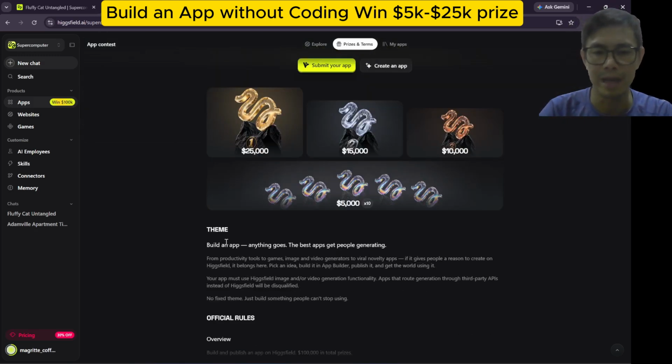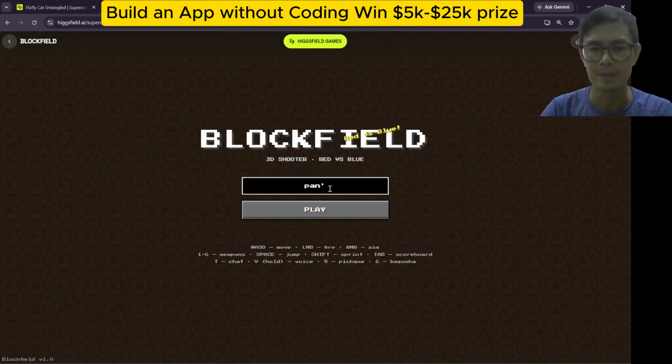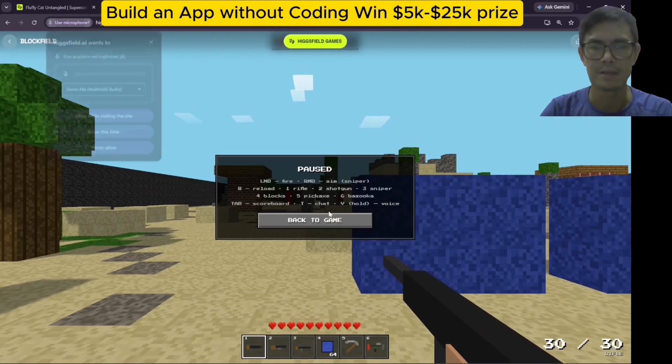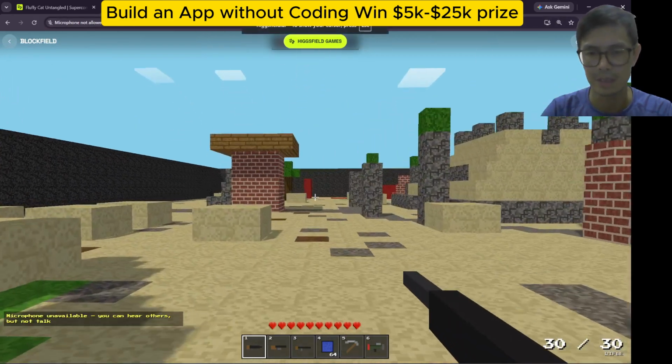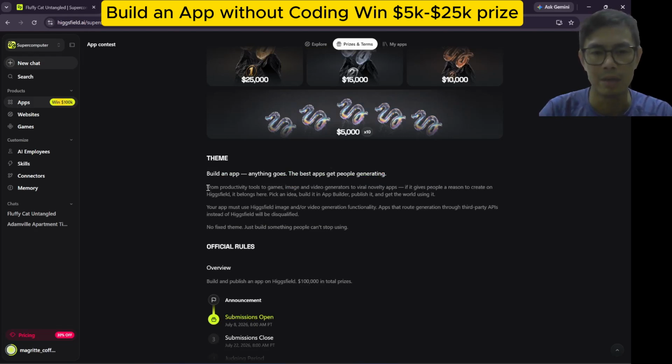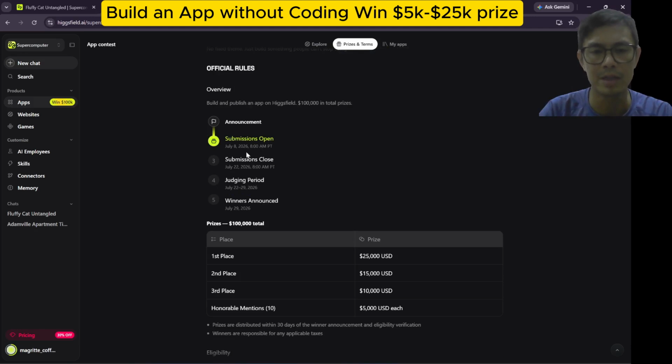So you can build an app right here on Higgsfield, and on this block field, just to show you guys, you can play this. It looks like a Minecraft voxel game. So let's do this. It has to be productivity tools to games, image and video generators to viral novelty apps. So your app is going to give people a reason to create on Higgsfield. You pick an idea, you build an app here on Higgsfield, and submission is July 8th,